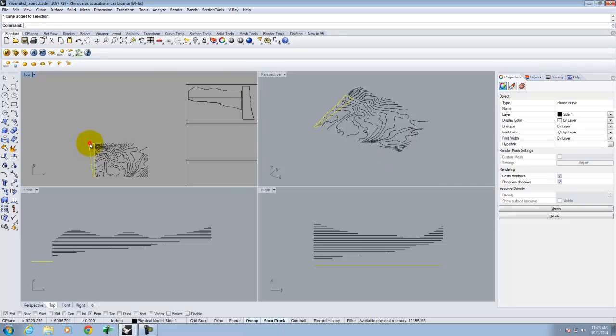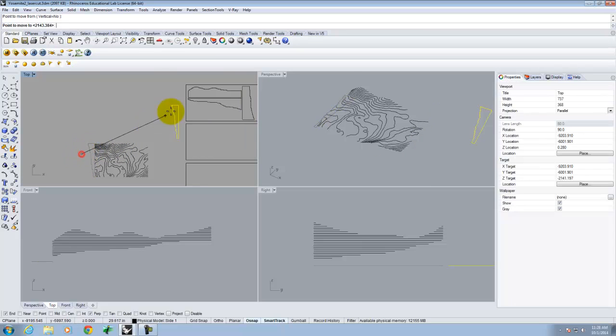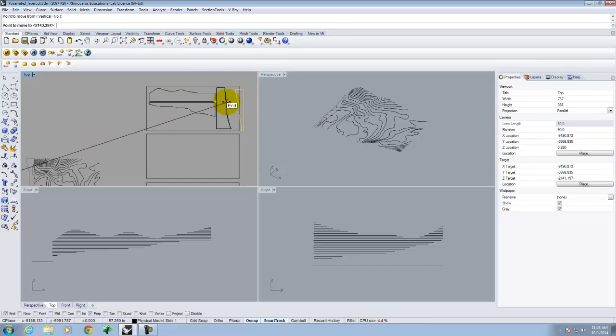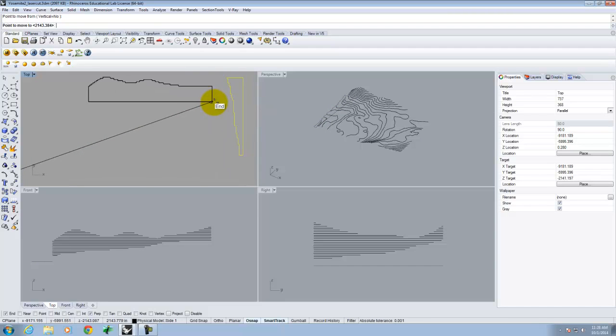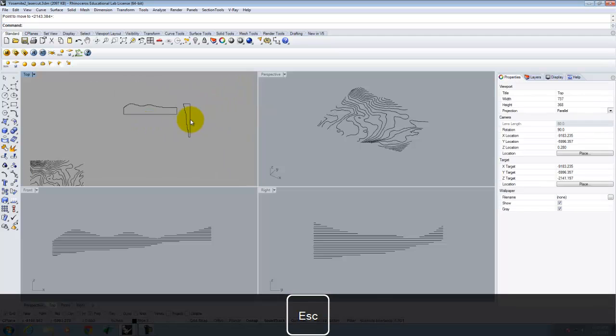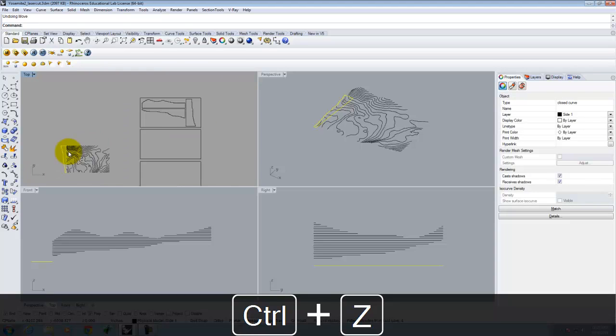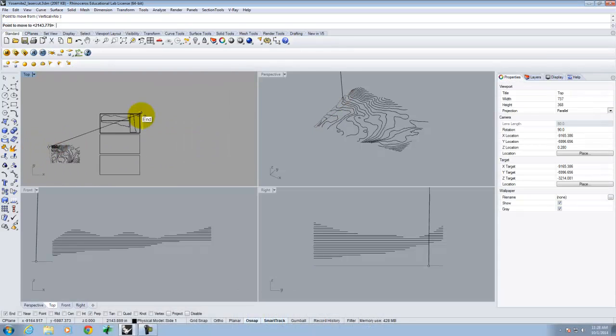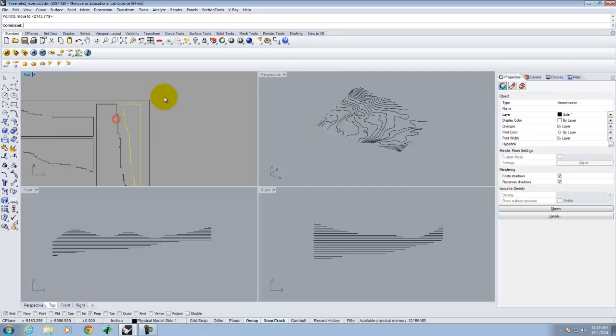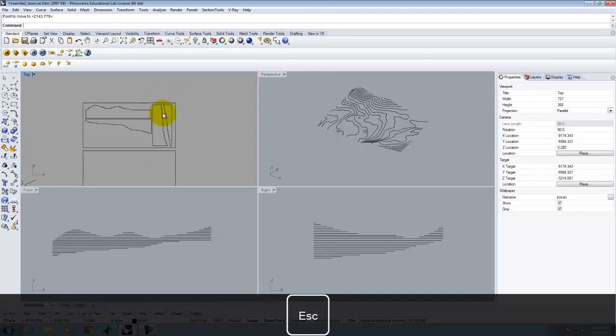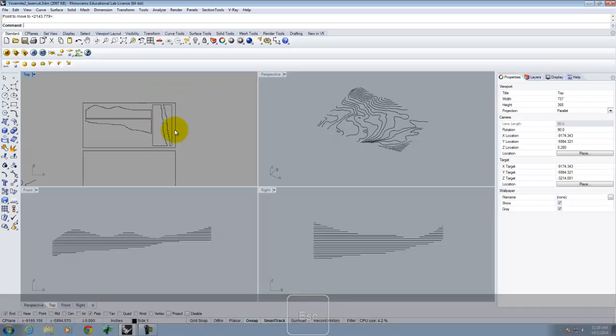There. And we'll take this piece, and I can probably squeeze it in. Right there. If you can't squeeze it in, you can rotate those so that they fit on the piece